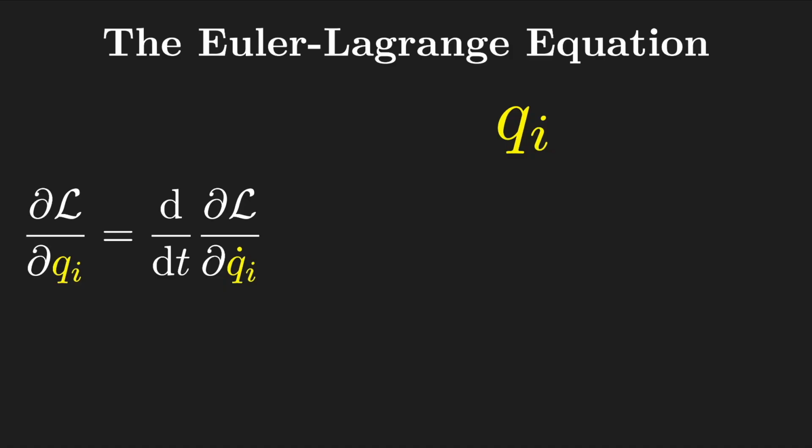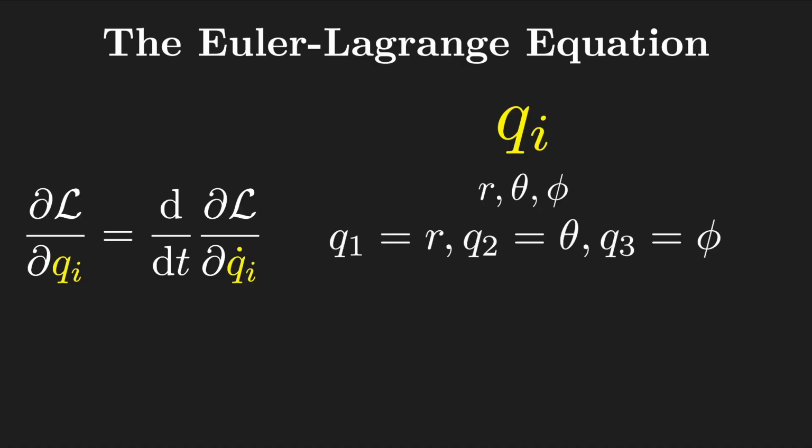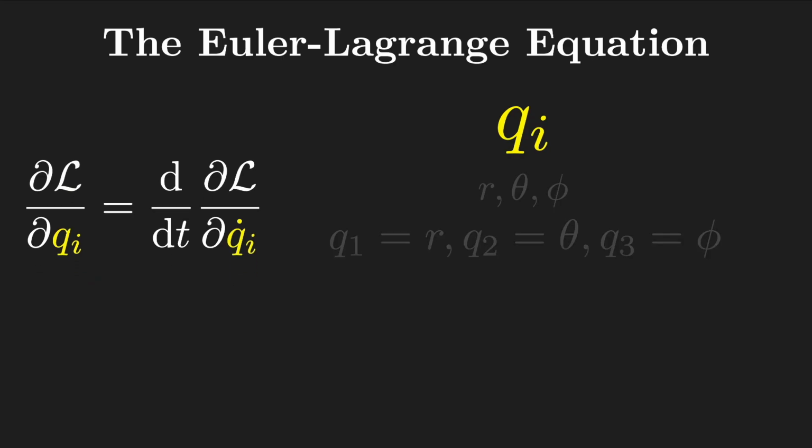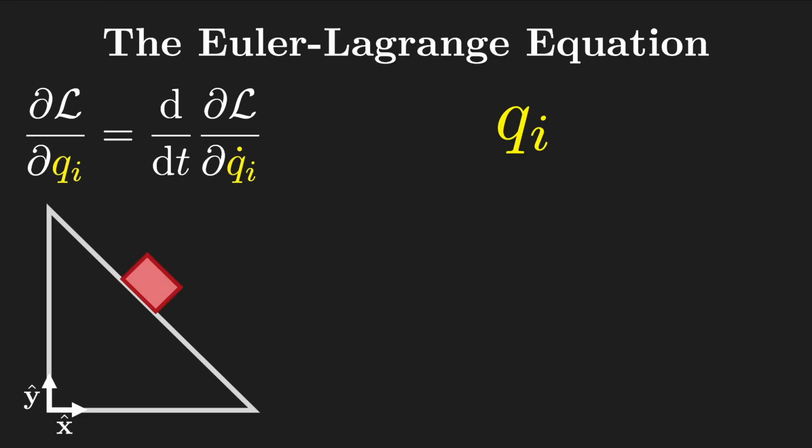We can also deal with spherical coordinates, for example, where you might have r, theta, and phi. And so we can write this in terms of qi as q1 equals r, q2 equals theta, and q3 equals phi. As you can see, the index represents the number of dimensions or the number of coordinates that you're working with. And so if we consider our problem, it's worth asking, how many coordinates do we need to precisely track